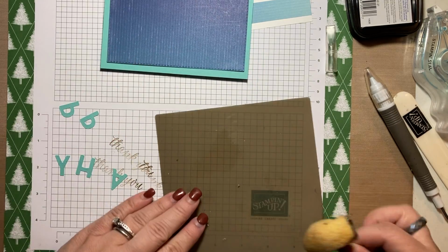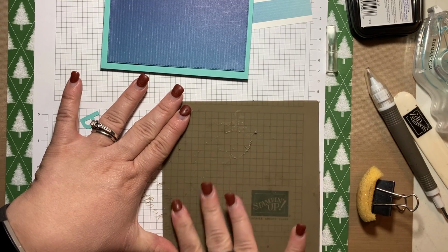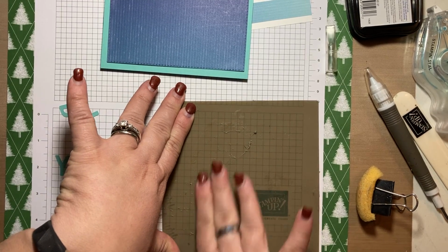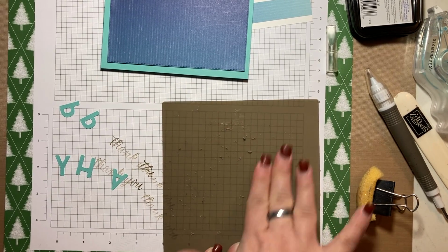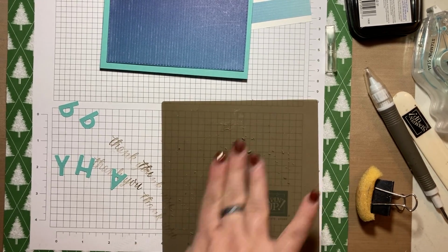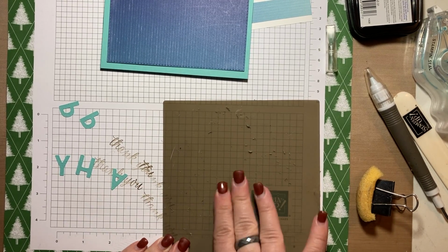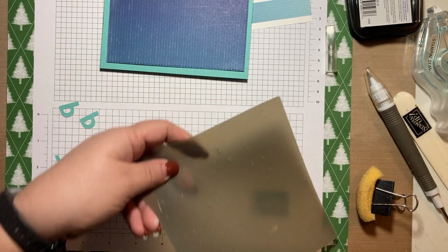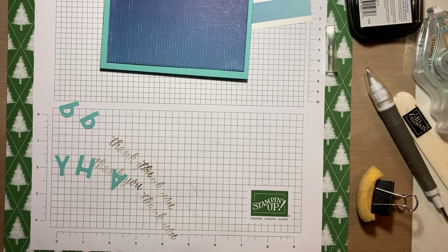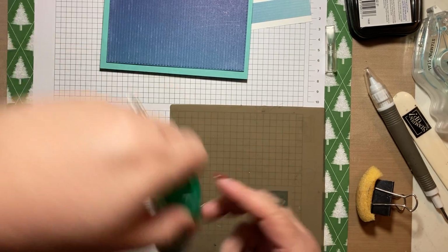Oh, it's sticking to me. And you can see that I recently used it. So let me get my glue off. Some people say this is like fun to get the glue off. And I've thought that myself in the past, but lately I'm just like, no, this is actually really not that fun. All right, here we go. Good enough for now. I'm gonna go ahead and take my liquid glue,